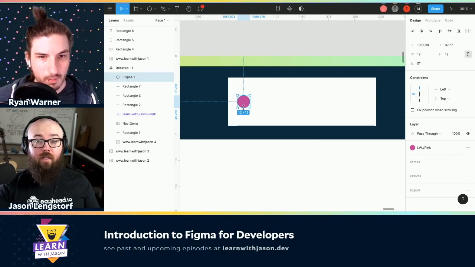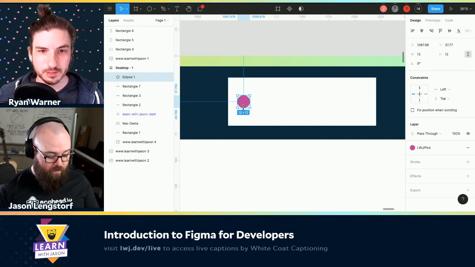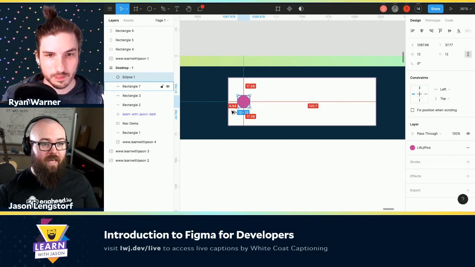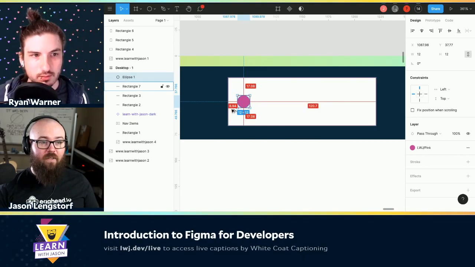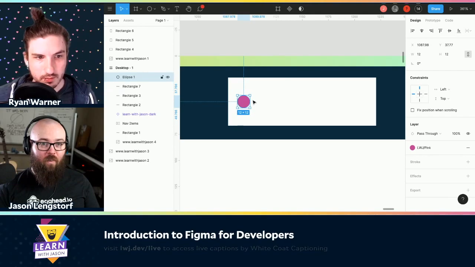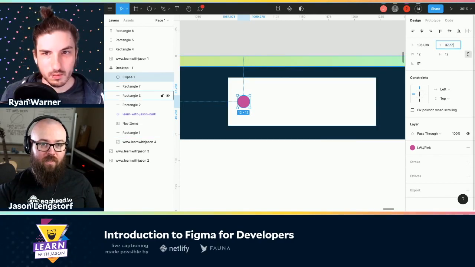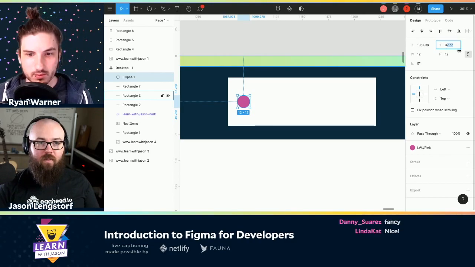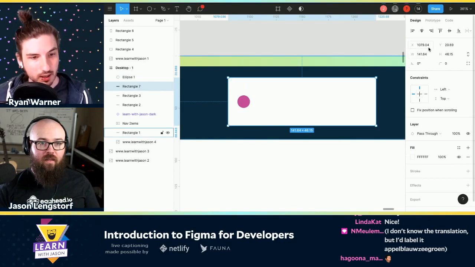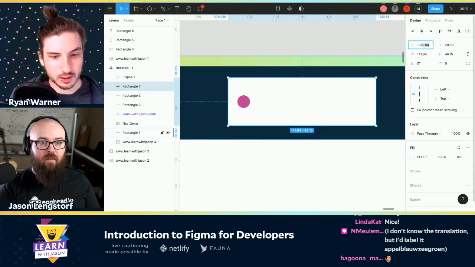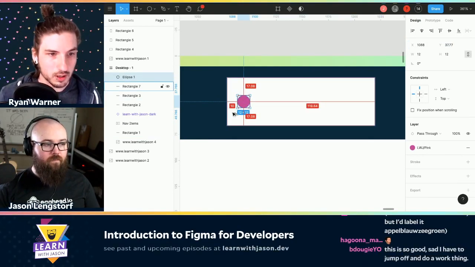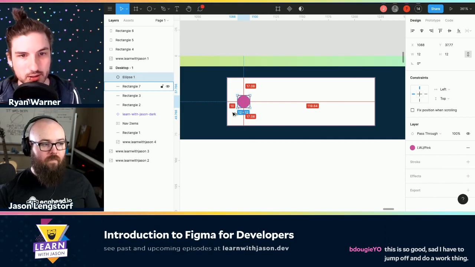The other thing that I love about Figma that I learned recently is that if you hold Alt, it'll show you how far away it is from stuff. So check this out. I am currently 8.94 pixels away from the left side of this box. Isn't that magical? It's so helpful for trying to figure out where you're actually going to be. So then I can tweak this a little bit. I use that feature all the time, like taking a design that gets handed off to me and I'm trying to turn it into a React application or something, and I need that exact padding or margin value. Holding that alt there is just so handy.